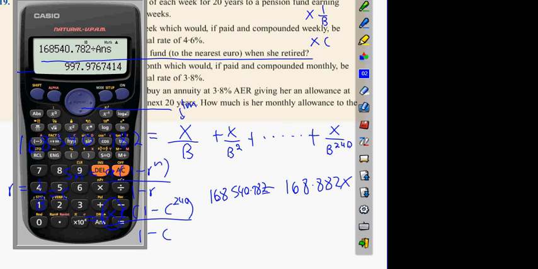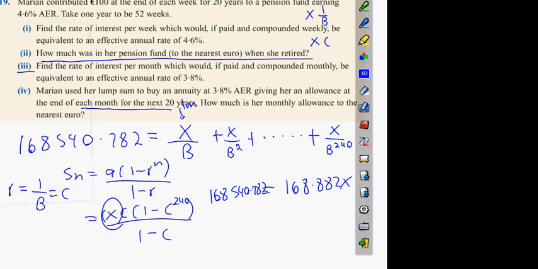997.97. I think it says the nearest euro, doesn't it? 998. The back of the book says 999, but I'm blaming the fact that we store our information, which makes us more accurate. Okay, so 998. Alright guys,